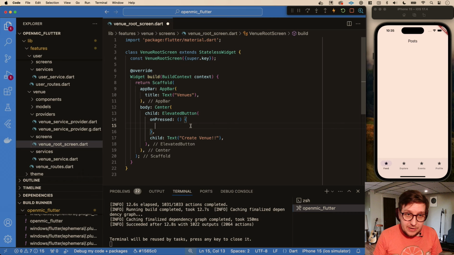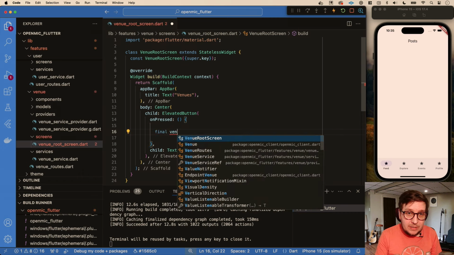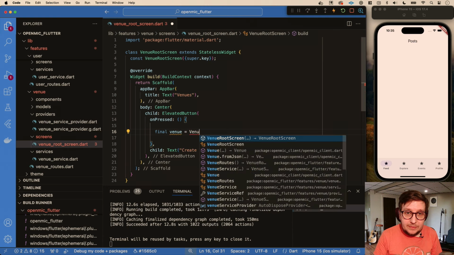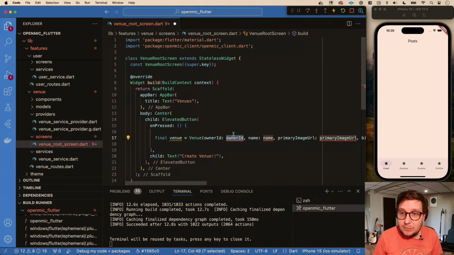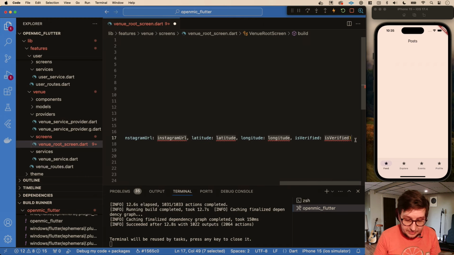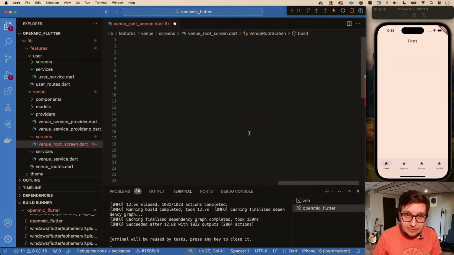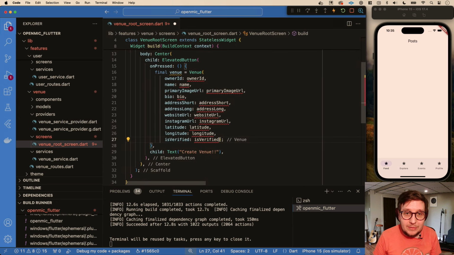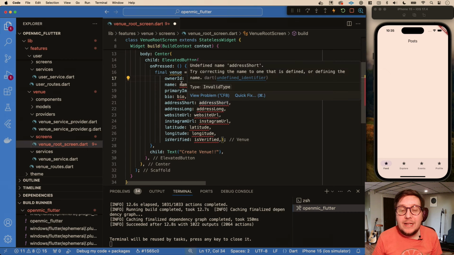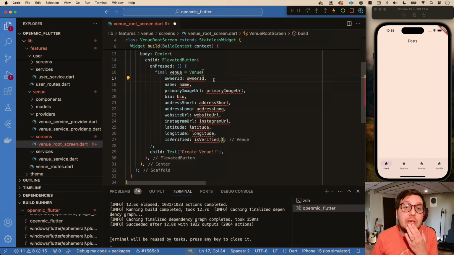Okay, so to create a venue, it's kind of fun. We're just going to go venue equals venue. And here we get all the things we have to put in here, which is cool. So let's just make this a little bit more readable. And owner ID, okay, that one we have to figure out what that is. I think the person I'm logged in as, oh, actually I realized one thing we could fix to make this,